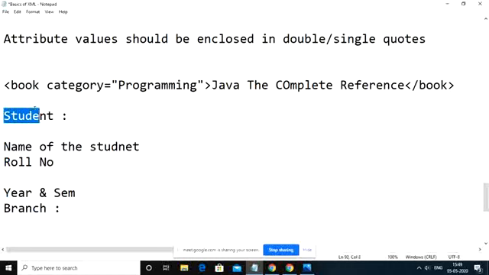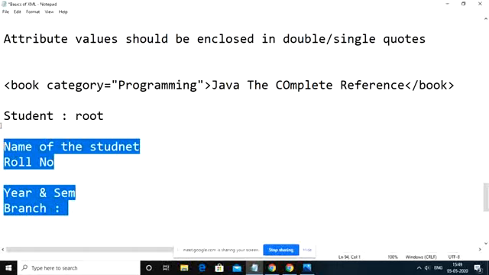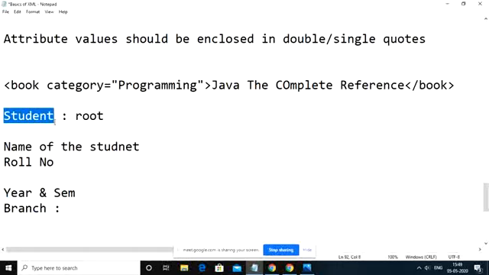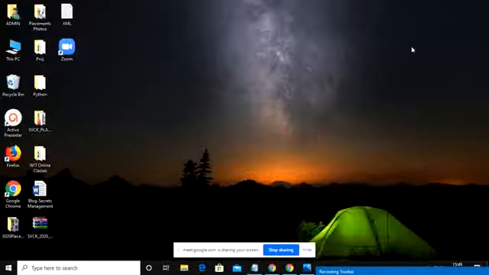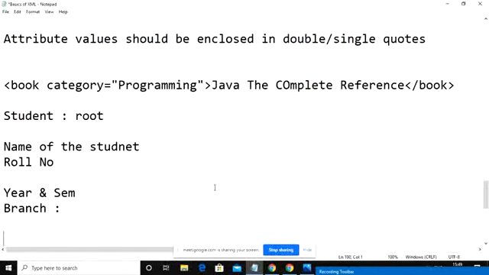Now, in order to represent a particular student's information, we are going to use this structure. The top element name we are taking is student. The root element is student, and name of the student, roll number, year and sem, and branch are all four child elements of the student element. For storing this, we need to follow the syntax of the XML language.